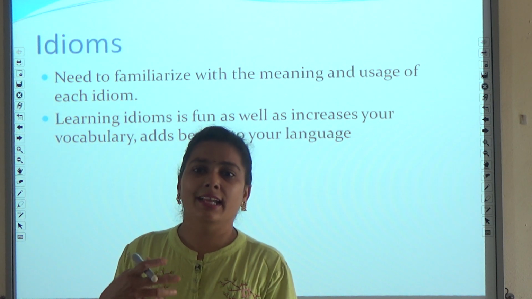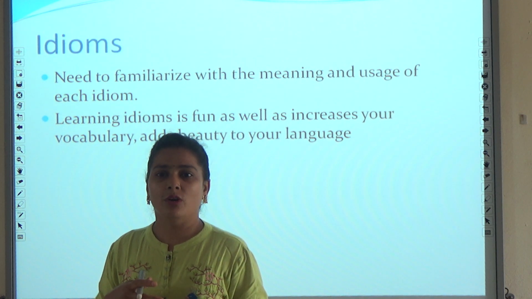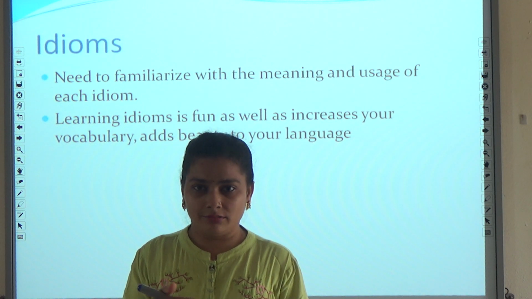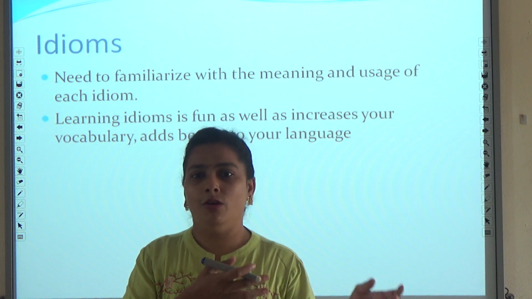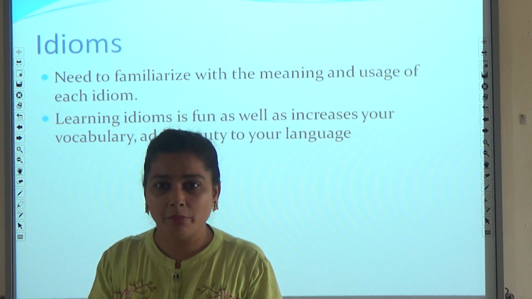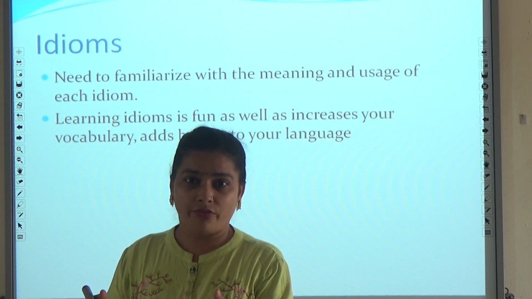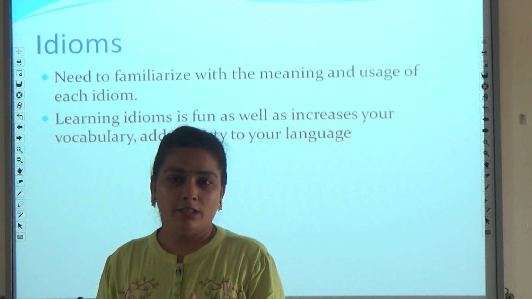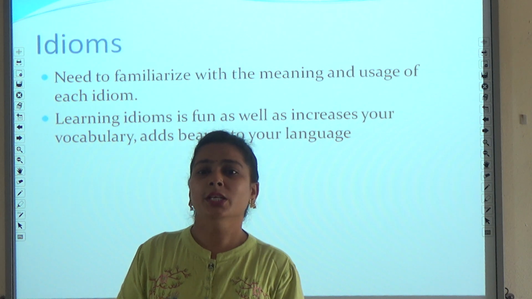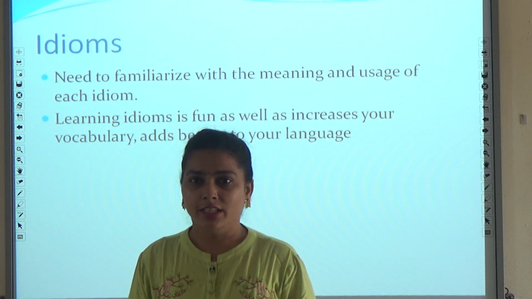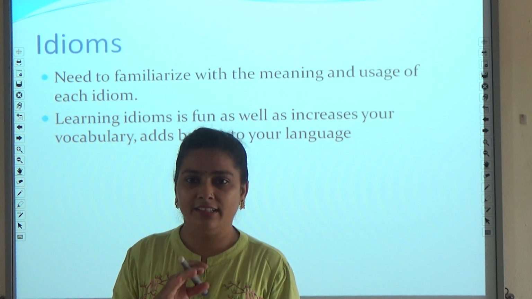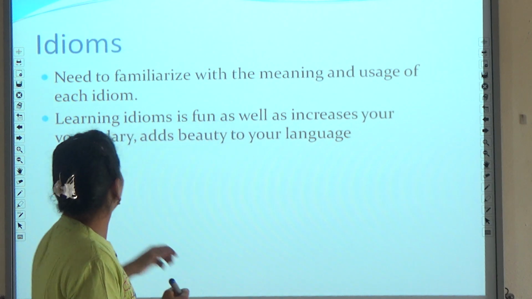So if someone says it like this, and you are not aware of what it means, cup of tea doesn't mean that everyone is having a cup of tea or anything like that. There is a symbolic meaning behind this phrase, this idiom, which is used by XYZ person. So for this purpose you need to learn idioms. Then only will you be able to understand what the person is exactly trying to say. Okay, next.